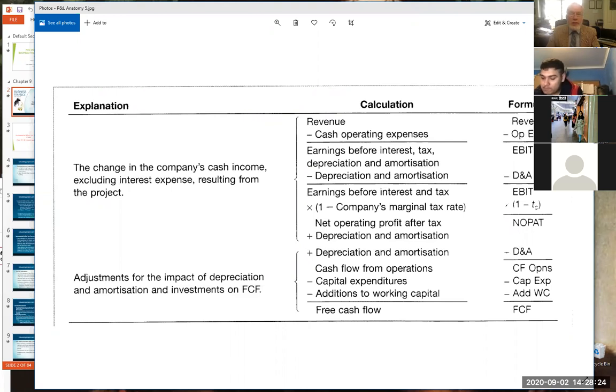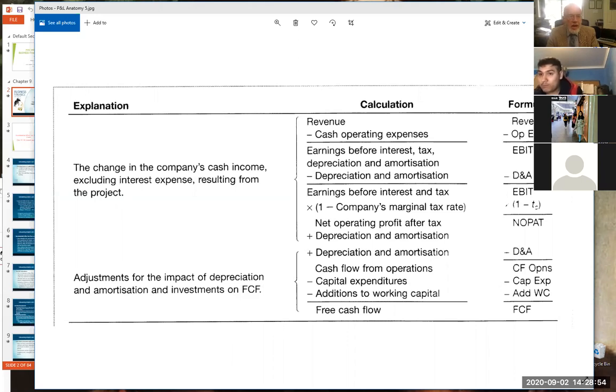We're going to be looking at that. We're going to be actually dissecting that. We're going to be saying a few words about that today, hopefully. By the time you take those operating expenses away from revenue, you've really got the operational pre-tax operating profit. It's actually more than pre-tax, it's also before interest.